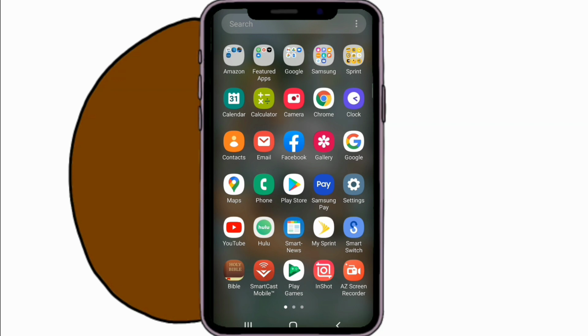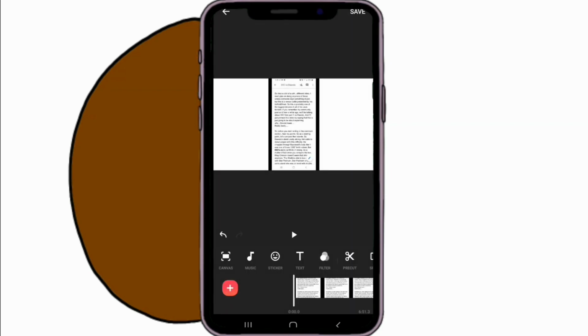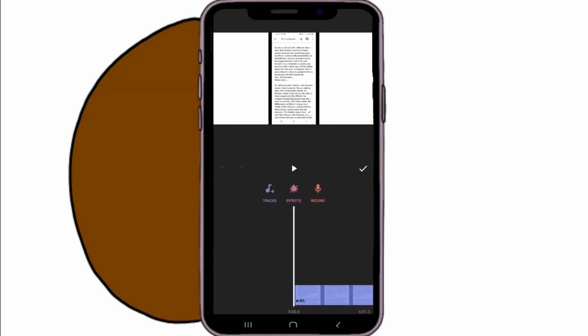But anyway, I use InShot right here, and we go to InShot, and you can see I already have a project open. This is the actual audio for the video. You see how it's an MP4 file right here, because it was a screen recorder. So I just take the MP4 file, put it in InShot, and then I'll teach y'all how to use InShot maybe in a different video. So if y'all can follow along, please just bear with me if you don't know how to use this, because I'm not really going to be explaining how to use it. I'm just going to be explaining how to make my videos.